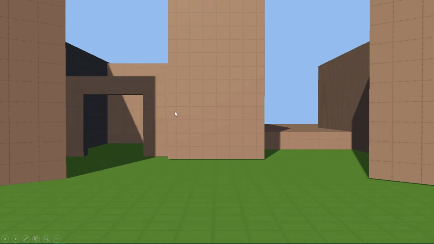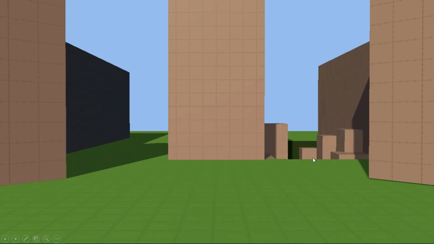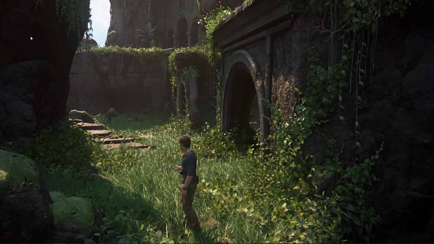And the same thing goes with this. If I feel like people aren't exploring this section as much as I want them to, I can add a doorway that draws people over and maybe suggests a little bit of a reward. In a case like this, how do I add a little bit more of a sense of risk in this side versus this side? So, how do you break down